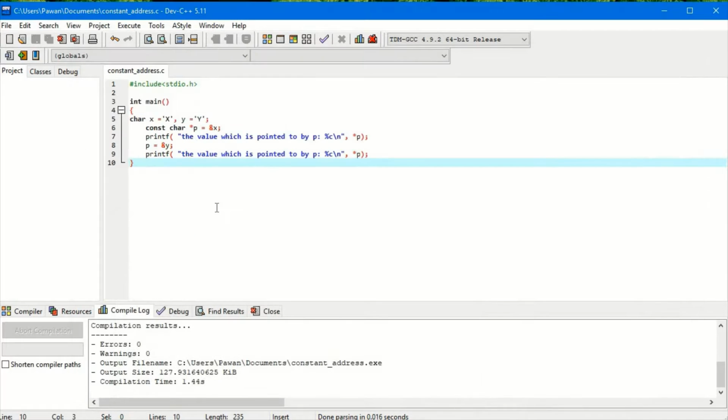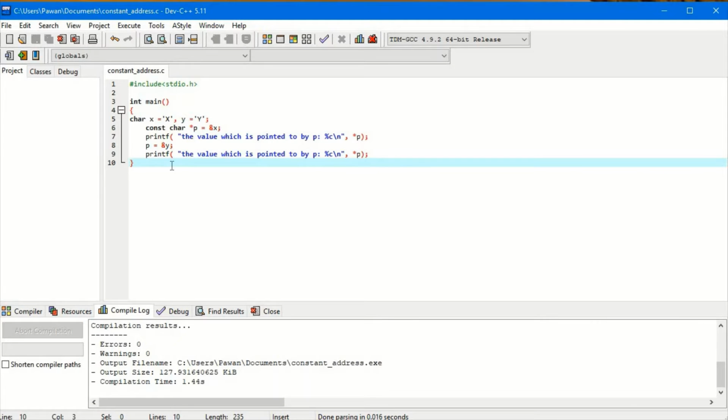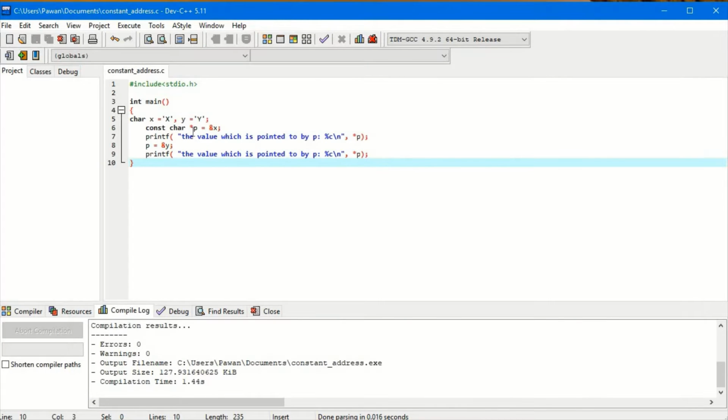So let's go to the Dev C software, and here you can see we have declared, in the main function, char x equals capital X in single quote, because this is a character, and y equals capital Y, and I am saying constant char asterisk p. As I told you, char constant asterisk p and constant char asterisk p are both the same. So here we have written constant char asterisk p. It means the value is constant but the pointer is not constant.